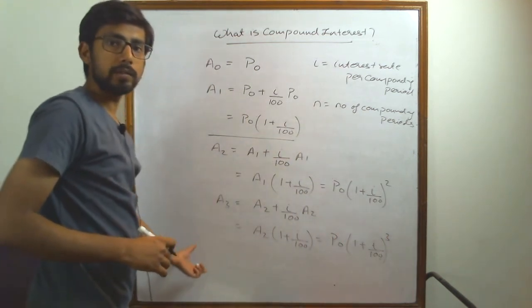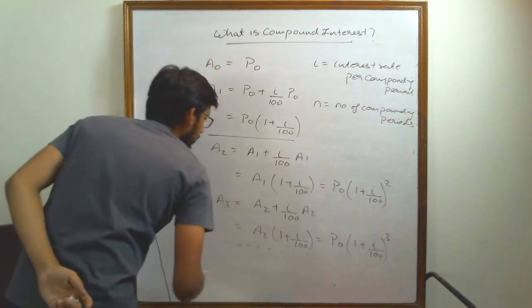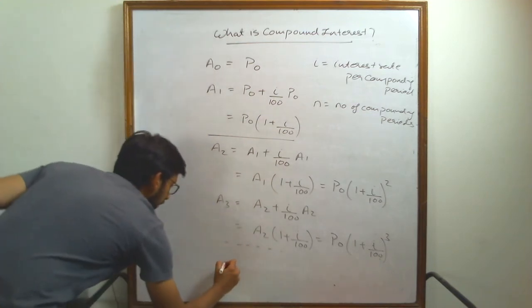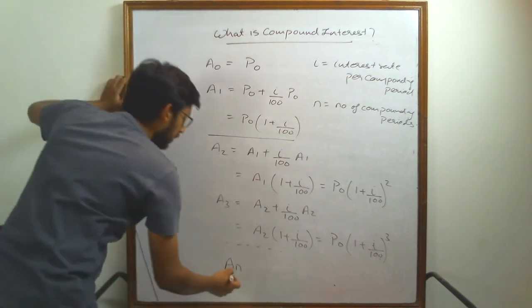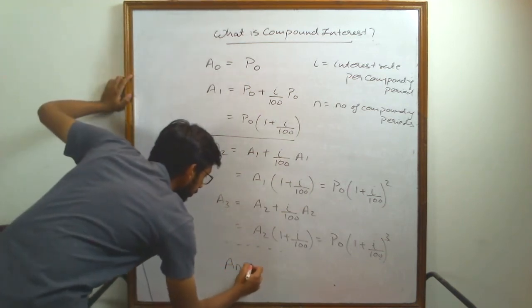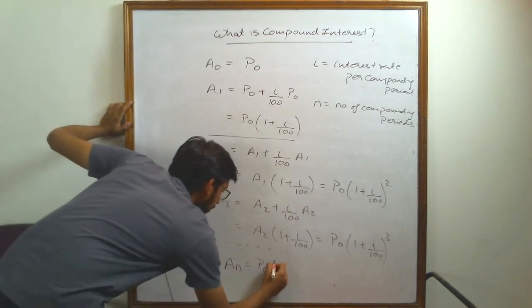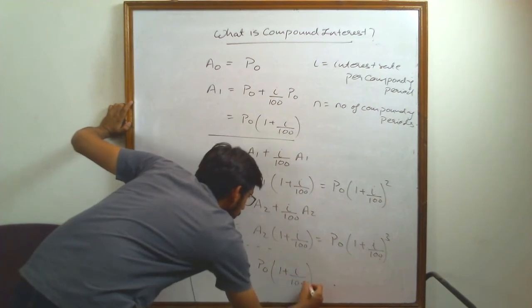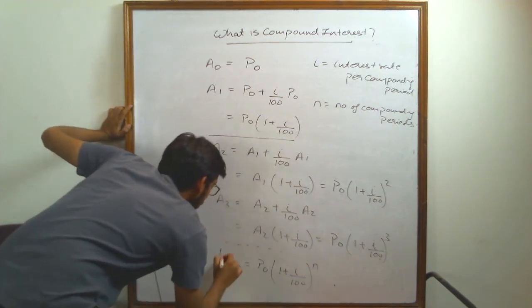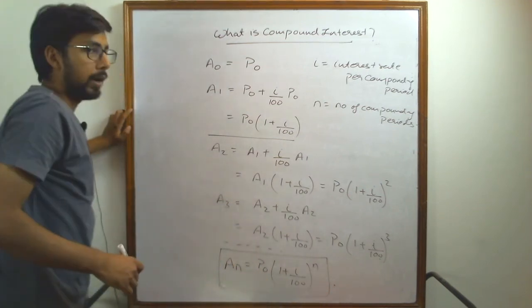So if you observe the pattern that we are getting here, we can derive the formula for the compound interest. After n years or n compounding periods, the n here means the n compounding periods, An will be equal to P0 into 1 plus I upon 100 whole to the power n, and this will be the formula for compound